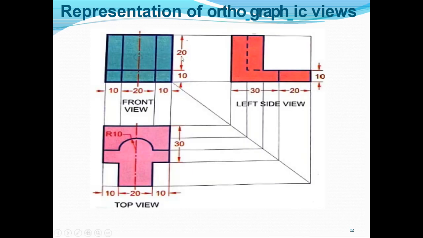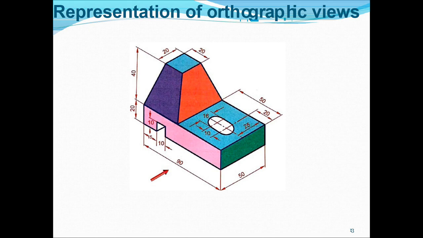So see here, the front view which is given over here. So this is the front view. And what is the top view? Just by projecting the front view, I will be getting the top view, which is nothing but the pink color. What is the side view? Just by projecting the front view, I will be drawing the visible portion on the sides of the 3D component. So this is the representation of my orthographic view for the given 3D component.